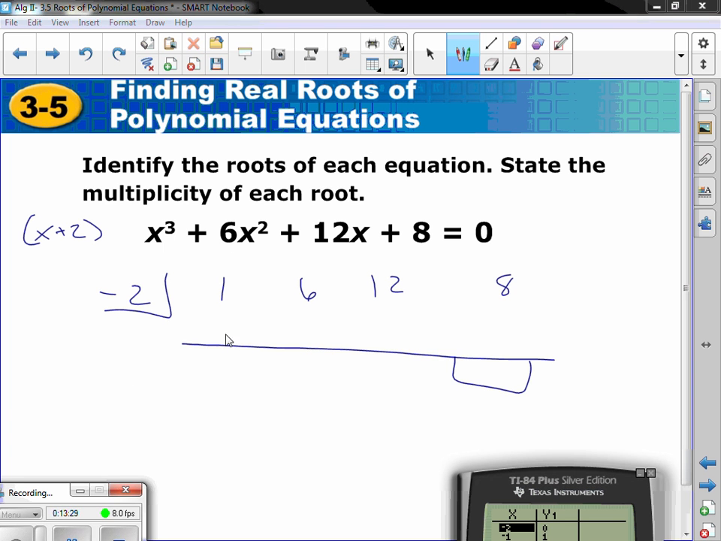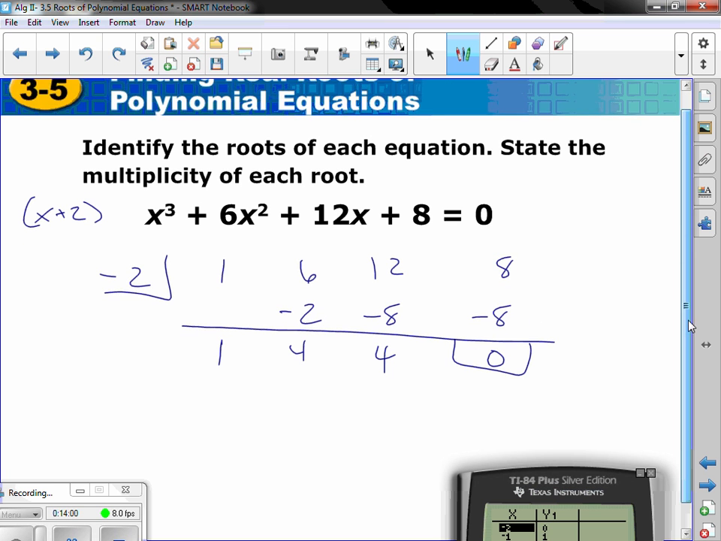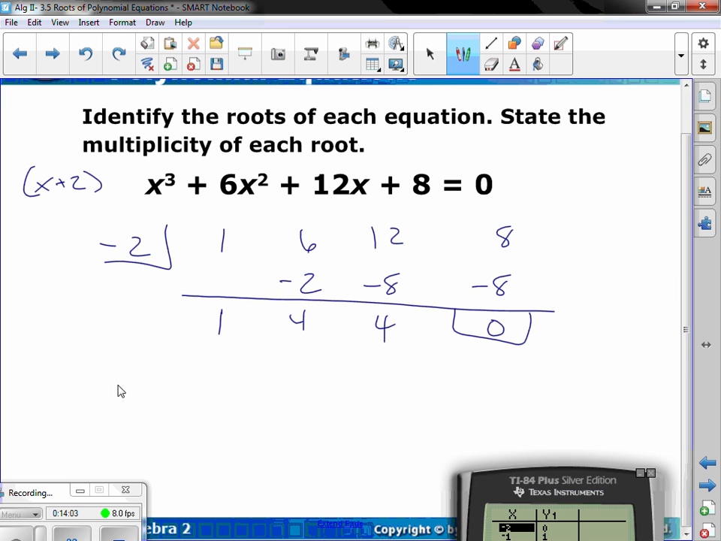So using synthetic division, bring the 1 down. Negative 2 times 1, negative 2. 6, negative 2, 4. Negative 2 times the 4, negative 8. 12 minus 8 is 4. Negative 2 times 4, negative 8. I'm left with 0. If I don't get a 0, I had to have done something wrong because the calculator told us it was 0. So right now I know this. Negative 2, or x plus 2,